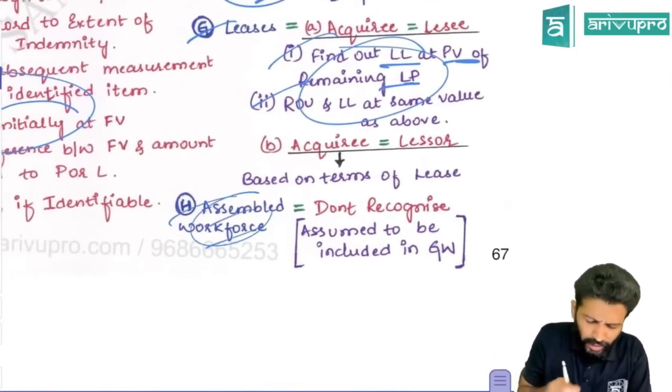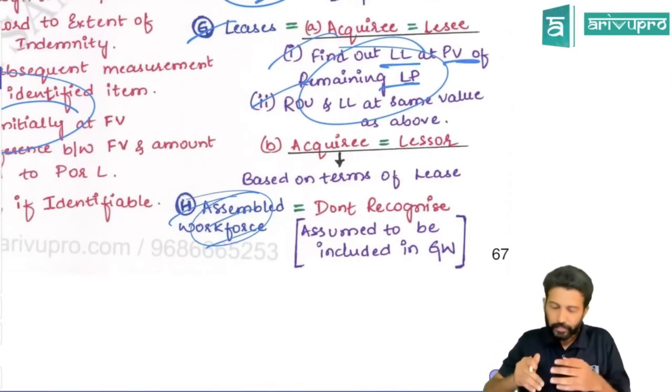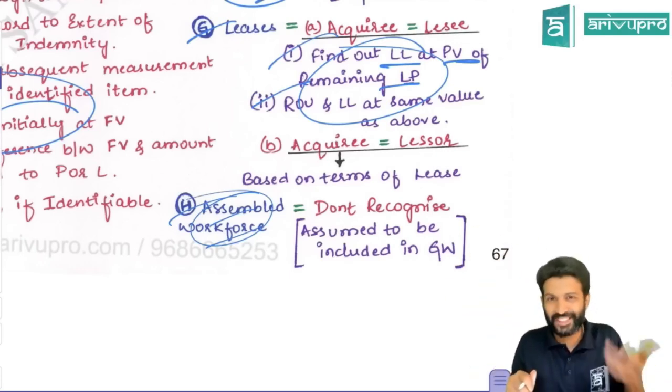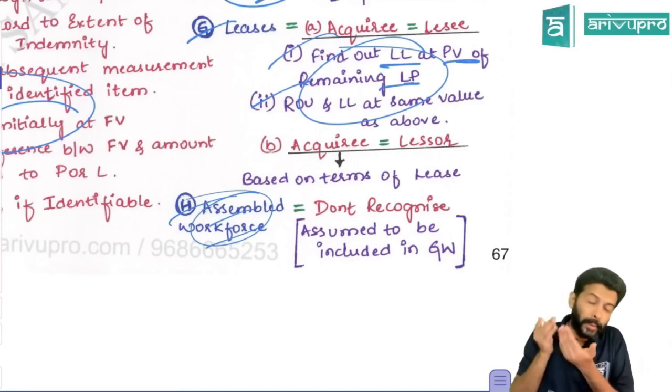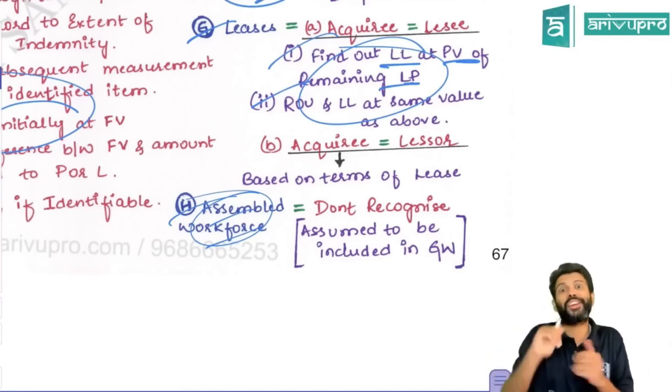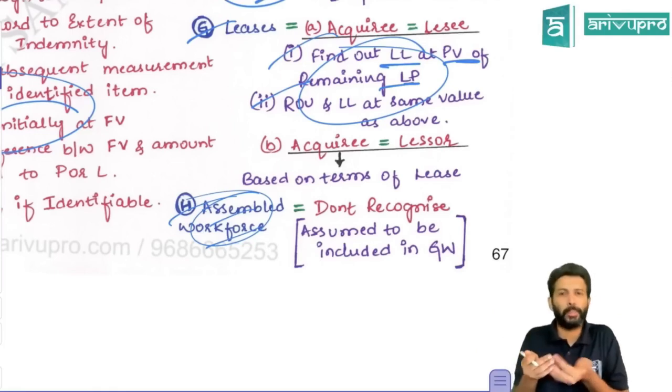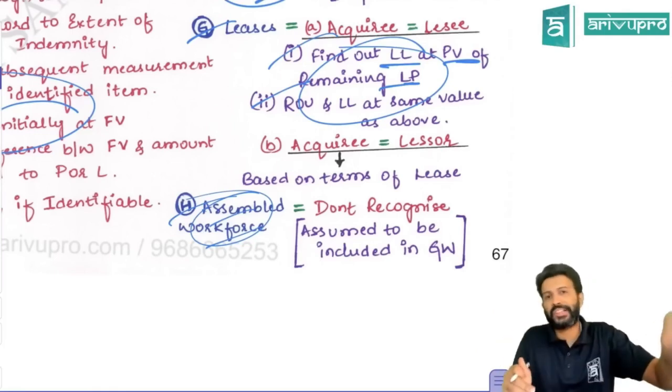Okay. Assumed workforce. What does this assumed workforce mean? One of the biggest assets of any organization is the human resource, the people, right? So the question is, can the parent record the subsidiary's human resources? No. Human resources you don't have control. Since there is no control, because if you have fixed assets, you have control over it.